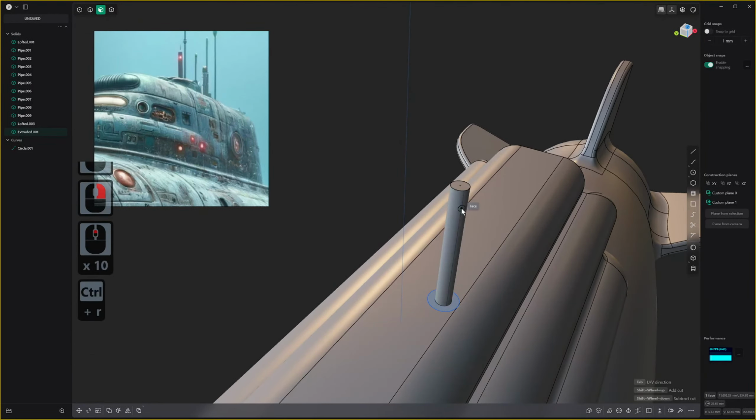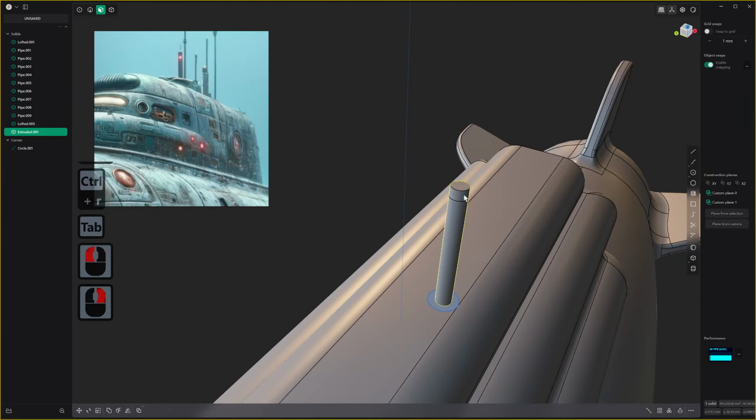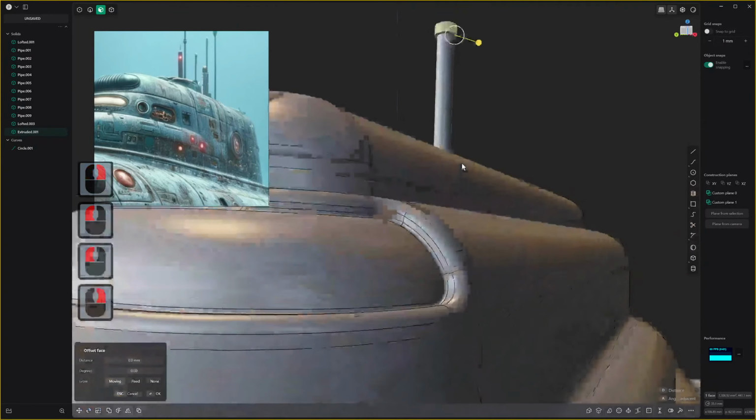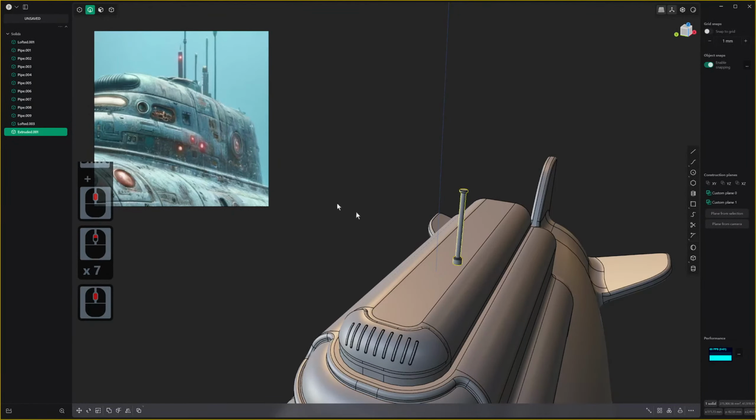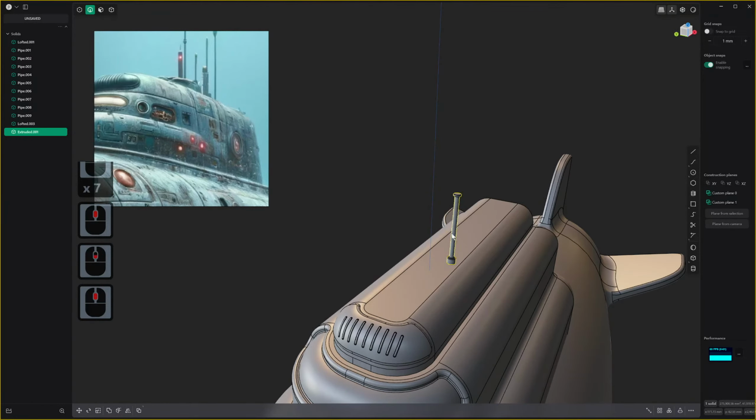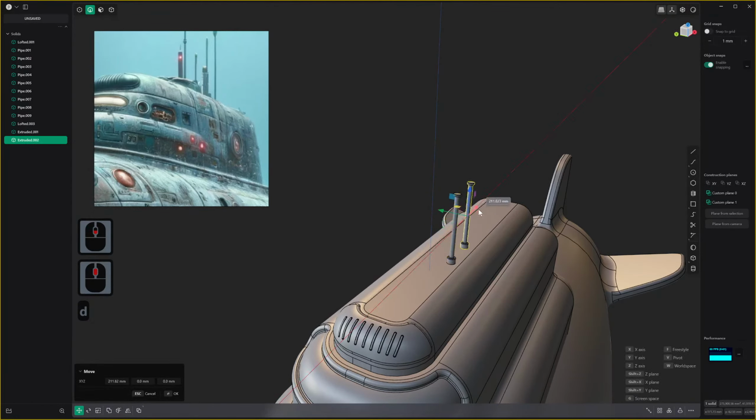We can just add a loop cut, press tab to, okay, number 1. Let's duplicate that, bring it down, bring it across,